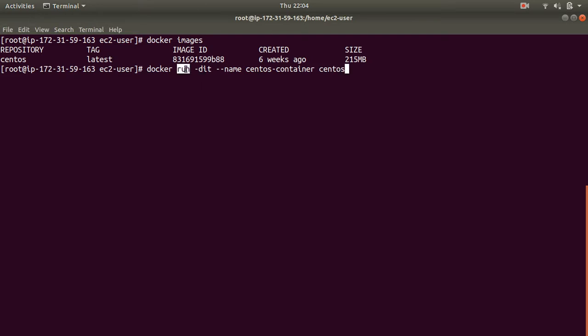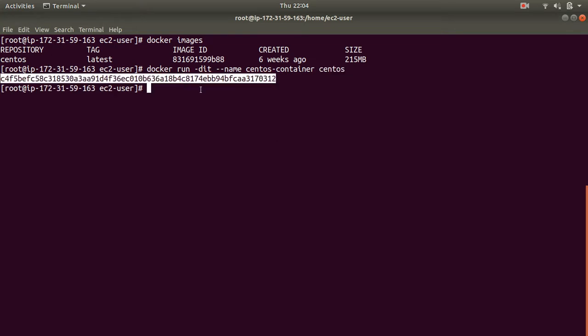So what I'm doing here, I want to run a container. Now these -dit options: -d is the detached mode, meaning in the background. i is I want to interact with my container. t is I want a terminal or TTY to work with my container. --name is used to give a name to your container, and centos is going to be my image name that I want to use to run my container. I will run this and here is my container ID and my container has started.